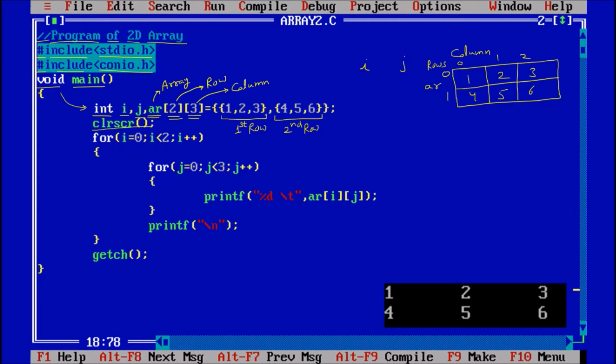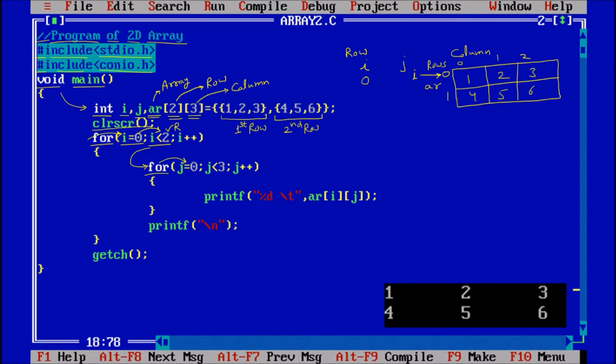Screen will be cleared. for, it is the looping statement. So starting from i equal to 0, that means i we are saying is representing the row. So if I say that i is pointing to this one, then further we are checking the condition i less than 2. 2 here we are checking for the rows. So i less than 2 means 0 less than 2, correct. Coming inside, now this one we are taking for the column. for is again a looping statement.